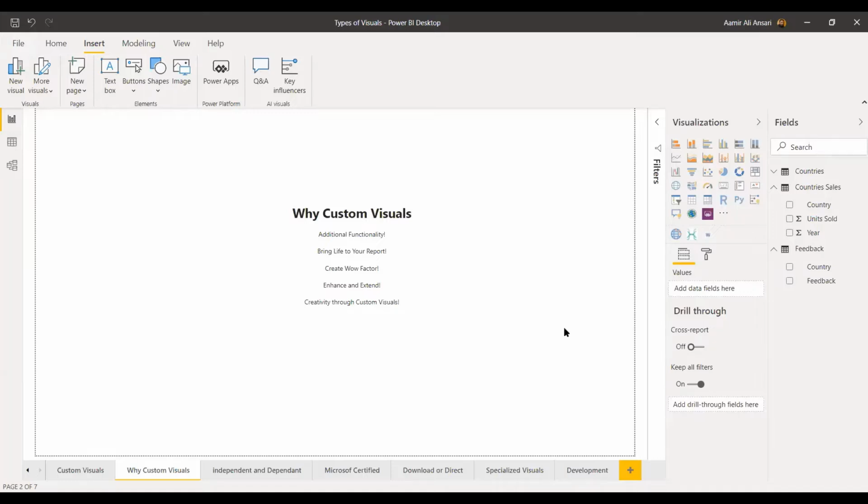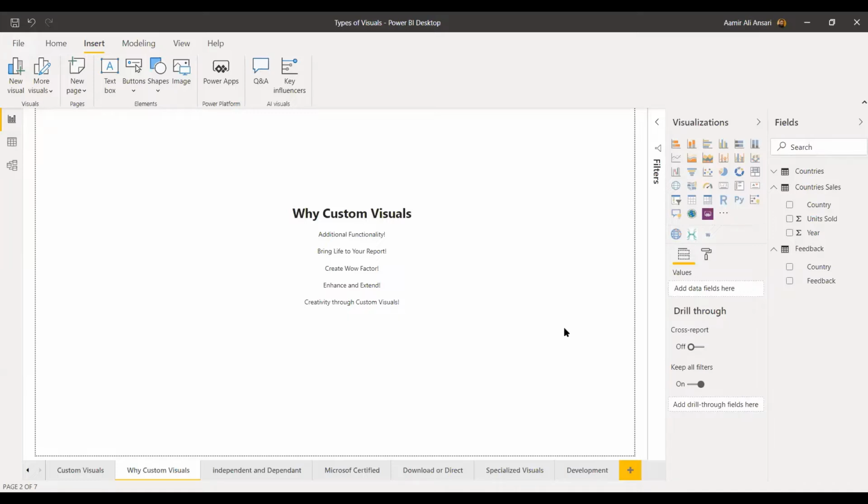custom visuals. They come with a variety of additional functionalities. Those functionalities are not available in standard visuals. So you select those custom visuals, and you incorporate them in your report. Definitely these enhanced, extended, or specialized visuals require some additional steps which are different from the generic sort of visuals. But to bring that kind of additional or expert functionality into your system, you have to go through those additional